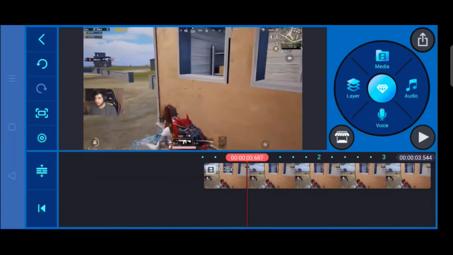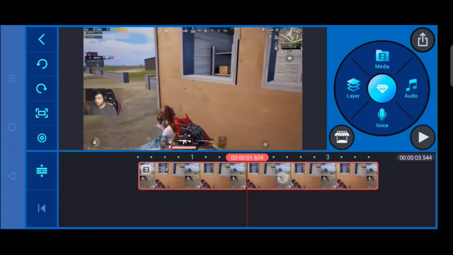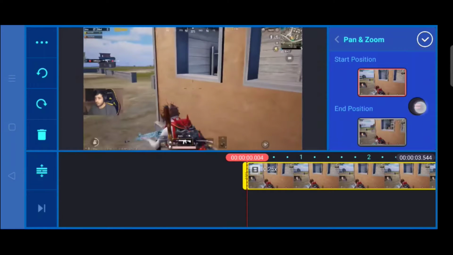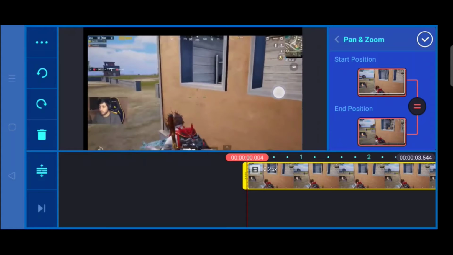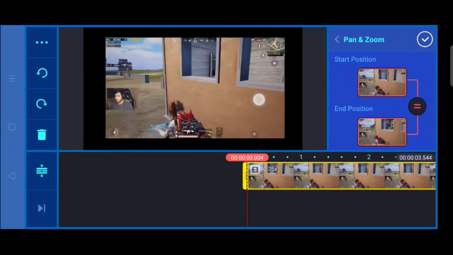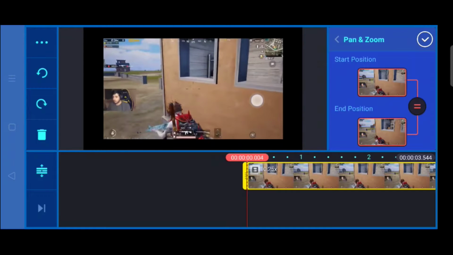Now I want that effect to be like first it's normal and then slowly it will zoom out and become a little bit small. Click on this layer, click on this button where I'm pointing, then click on equal. After clicking on equal, use both your fingers on this layer and make it a little bit small. Also make sure that it is not too small and it should be in center. So I want around till here. I'll just make it a little bit fine till here.